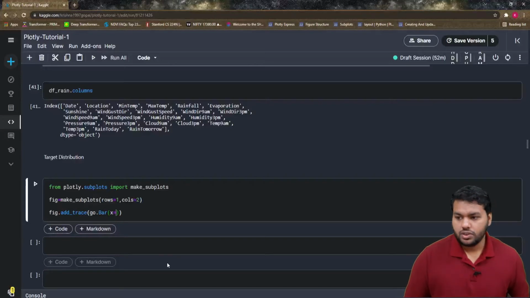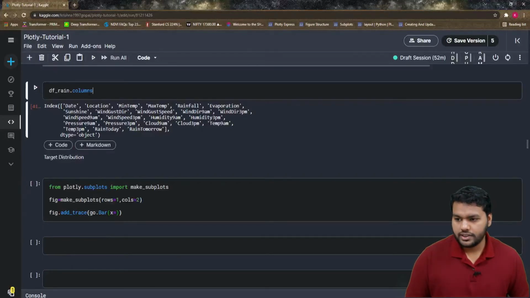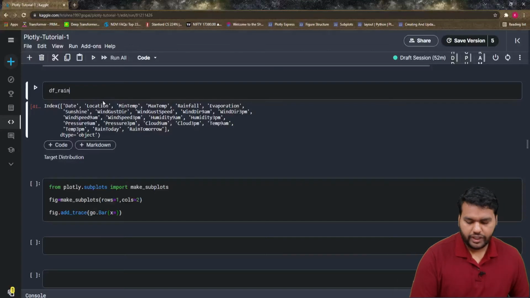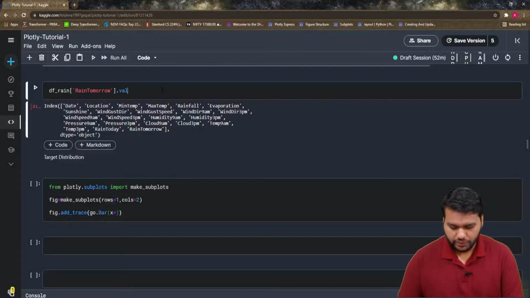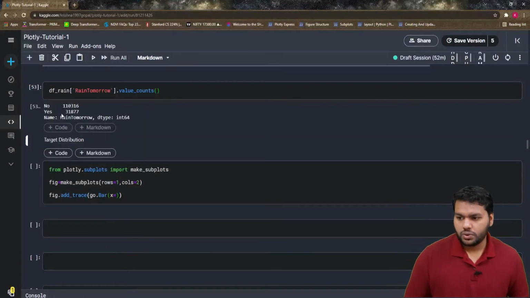So what is x? Before this, just see how your target variable is distributed. This is our target variable, and we just use value counts. So there will be no rain tomorrow, this many points, and yes, there will be rain tomorrow, this many points.